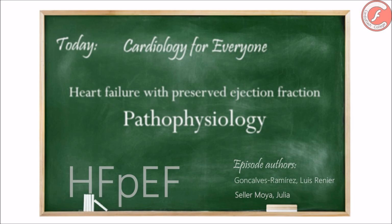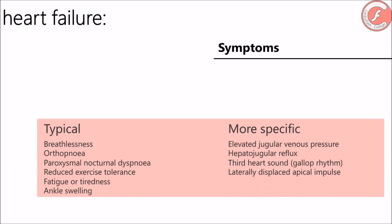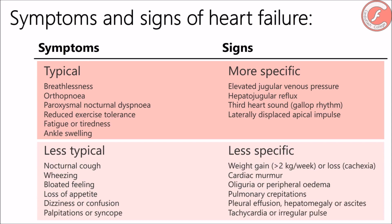Today we have the collaboration of Dr. Julia Seller, a clinical cardiologist attached to the heart failure unit of the Hospital Marina Salud in Denia. Together we are going to review the most important pathophysiological aspects of heart failure with preserved ejection fraction. Join us! As you know, heart failure is a clinical syndrome characterized by the presence of typical and not so